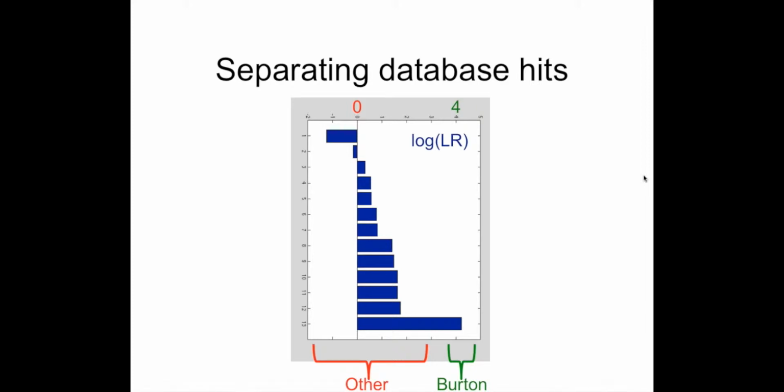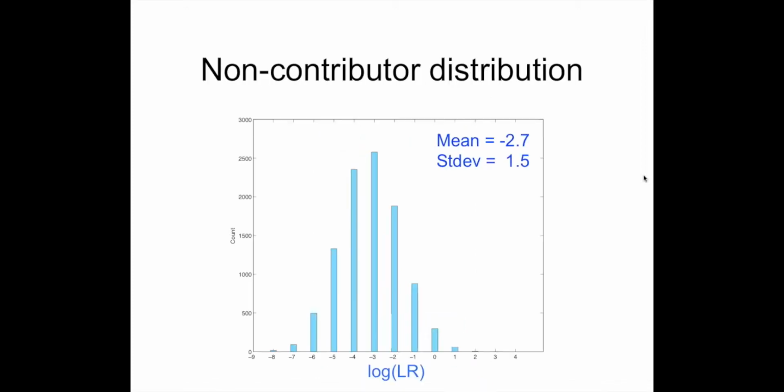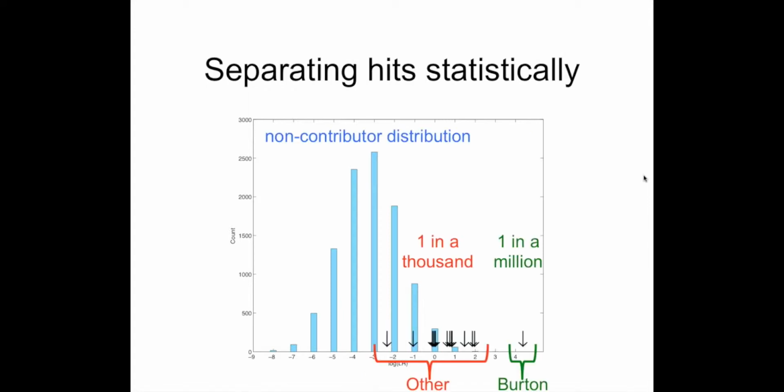It can be sorted out so that some of the matches have lower values, some have higher values, and by analyzing the contributor in TrueAllele and looking at the non-contributor distribution for matches, what happens to this inferred genotype when it's compared with non-contributors,